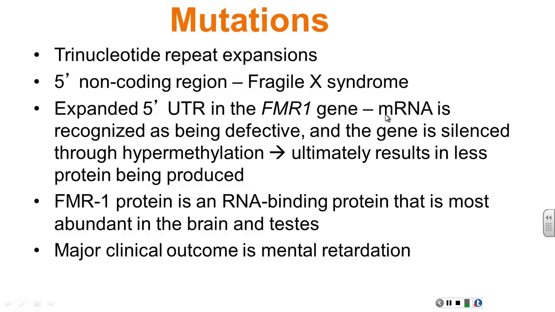this is an example where that expanded repeat gets recognized by the cell as being, okay, this is a defective messenger RNA, let's turn this mRNA over, and let's go into the nucleus and hypermethylate that gene and shut it off. We don't want to make this messenger RNA, okay? So what is that going to do? Well, it's going to produce less protein, okay? Now, you might think, okay, well, you've got 2 copies of each gene, so we got another copy of this, and if it's normal, then we should be okay,